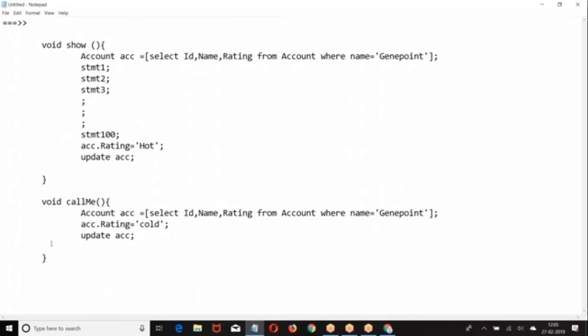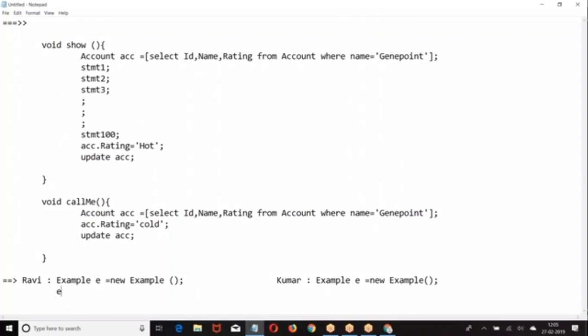There are two people who logged in. Ravi logged in. He created an object. One more person, Kumar, is also logged in and executing some operation. At a time, multiple users will be working.